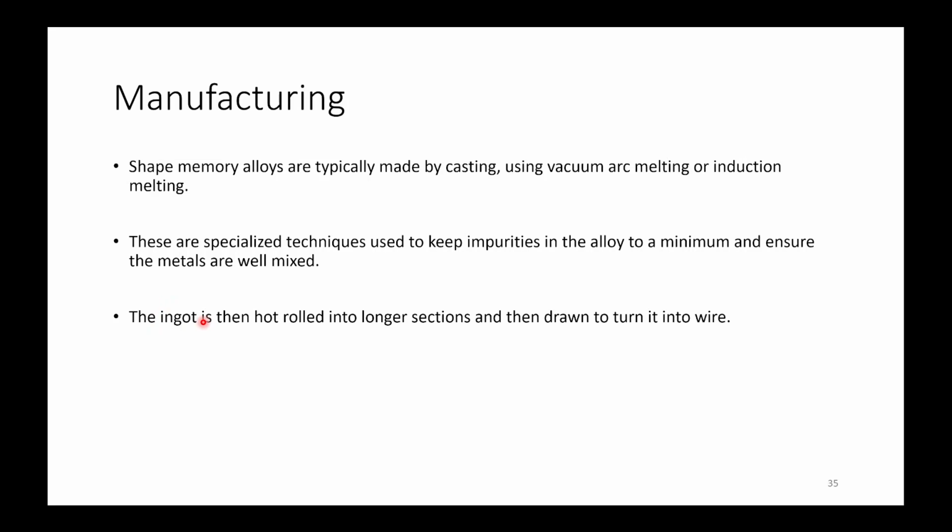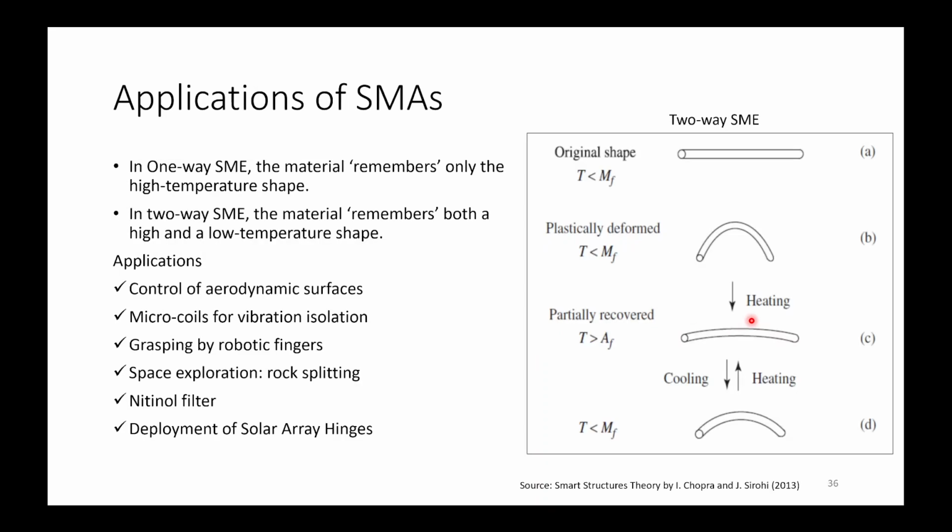The ingot is then hot rolled into longer sections and then drawn to turn it into wire. Applications of smart shape memory alloys. In one-way shape memory effect, the material remembers only the high temperature shape. In two-way shape memory effect, the material remembers both a high and a low temperature shape. So applications are